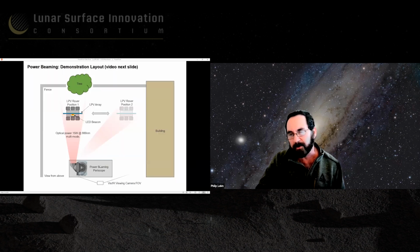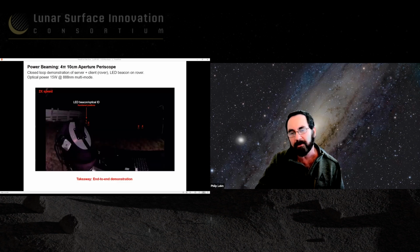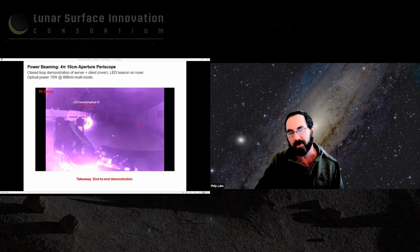Okay, here's a little demonstration I'll show you. There's a rover that's going to move back and forth. It's at nighttime, so you'll be able to see it in a moment. Here we're running at low power at slightly shorter wavelengths, 888 nanometers. And you'll see here, this is the unit in the evening. The rover is over here. You'll see blinking lights for target locking. So the rover's over here. It'll soon be blasted and then move across the